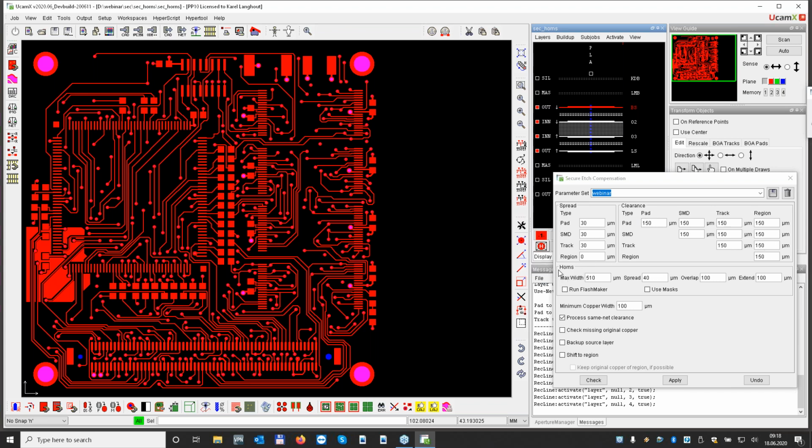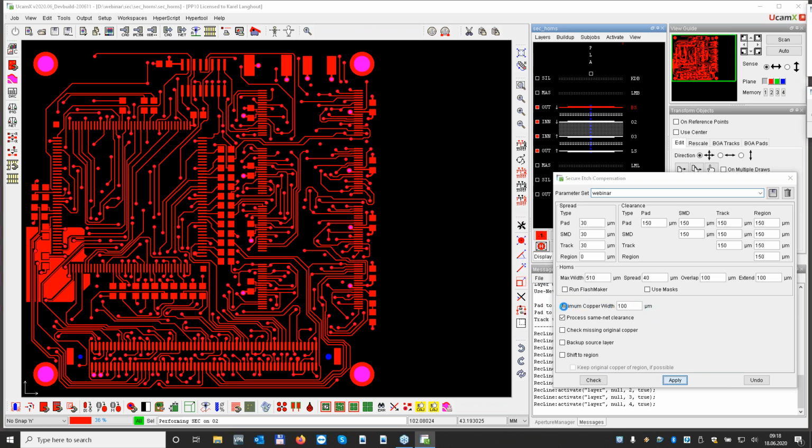I have also here my section with horns. So all the pads smaller than 0.5 millimeter will get them. And in the meantime, I will just press apply because it has to do, of course, some calculations. So it will now start performing Secure Edge on the bottom Bauteile side. It's German, so the component side, and it's already done on that one. So it goes now on with layer 2. Anyway, in the meantime, I can tell you a little bit about this.